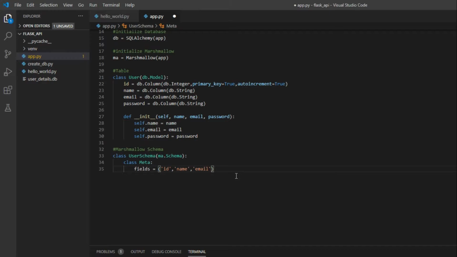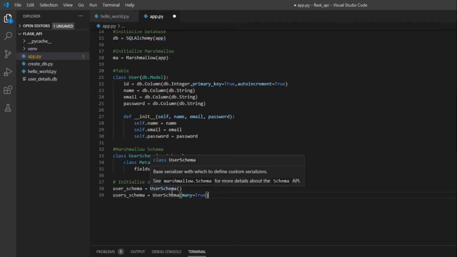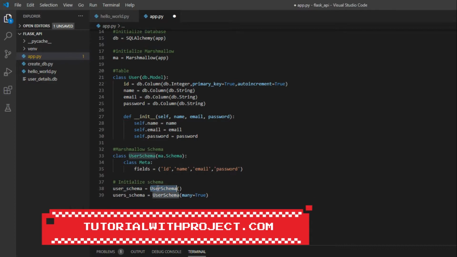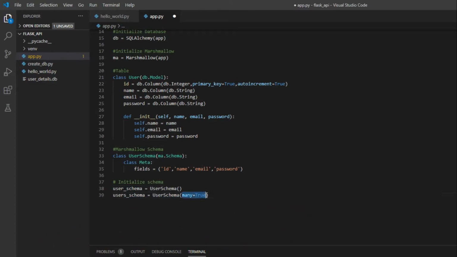In our case we are returning all the fields, but you can format in your own way. After that, you initialize the schema, and initializing the schema has 2 types. First, we initialize user_schema as an instance of UserSchema, and users_schema as an instance of the same UserSchema, but with an additional parameter, many equals true.